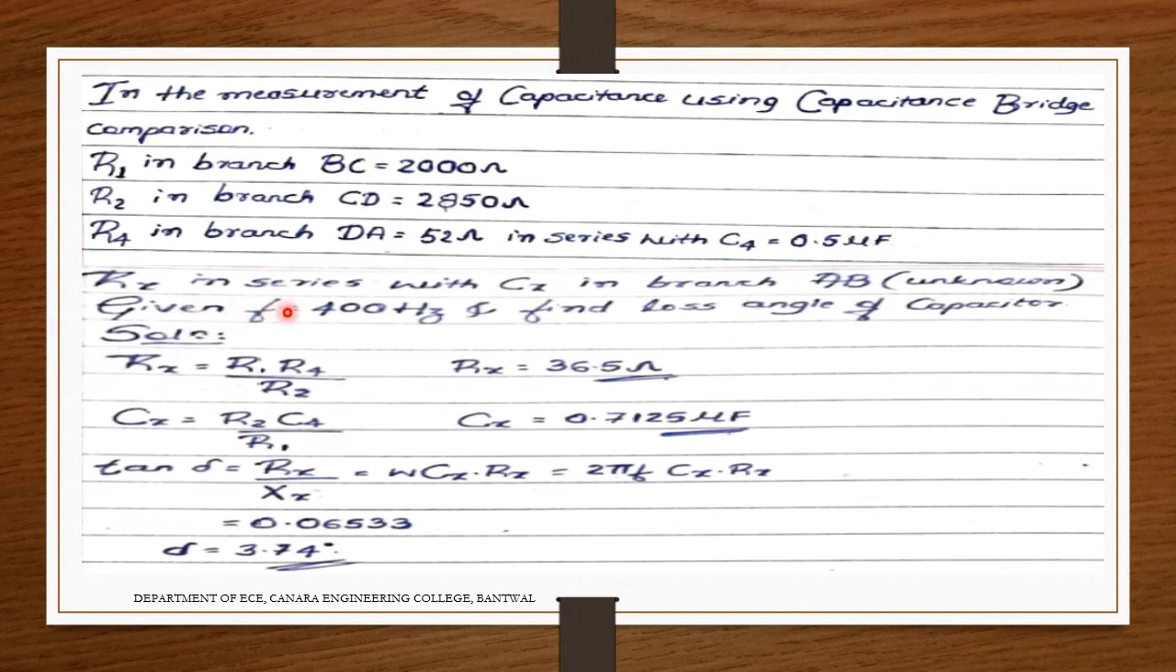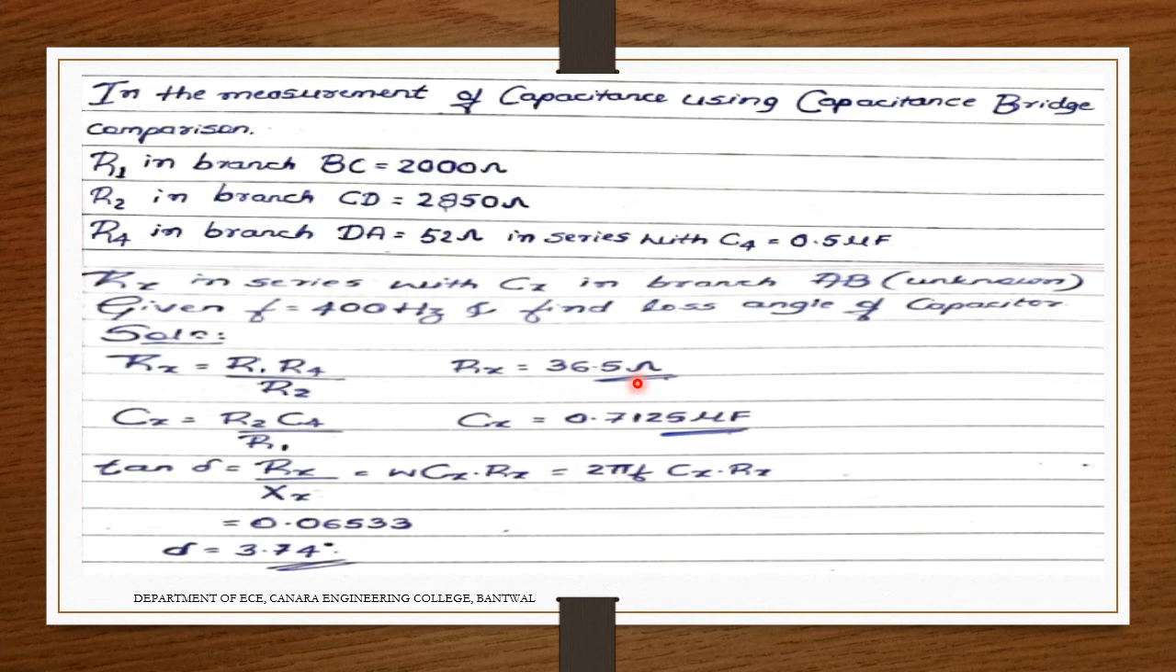Rx in series with Cx in branch AB, which is unknown and has to be found. Given f is equal to 400 Hz and phi is the loss angle of the capacitor. Okay, simple there. Rx is equal to R1 into R4 divided by R2. They have mentioned those things, right? R1 is 2000, R4 is 52, R2 is 2850. Substitute and get Rx is equal to 36.5